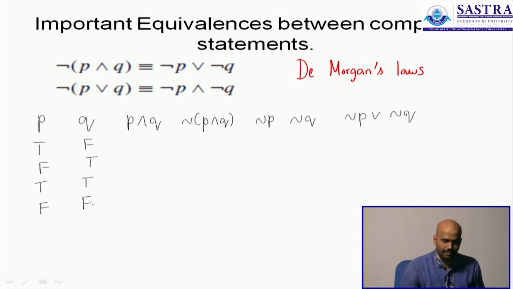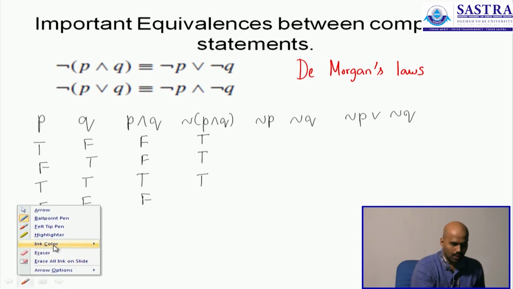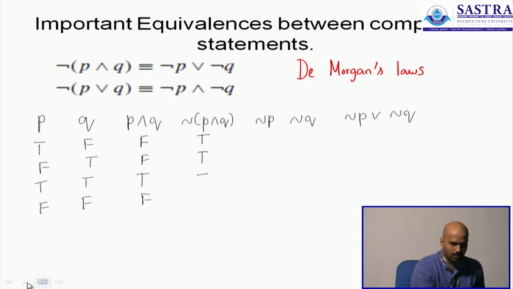It's a conjunction between P and Q. You know how that works. Only one of them is true, all the others are false. You're looking forward to flip them, so true, true, the last case is a false, and then you have a true again. Now you are flipping P, so false, true, false, true, true, false, false, true.